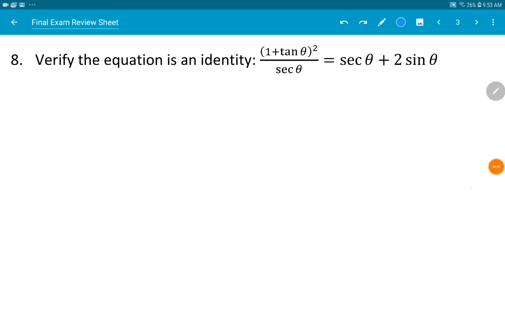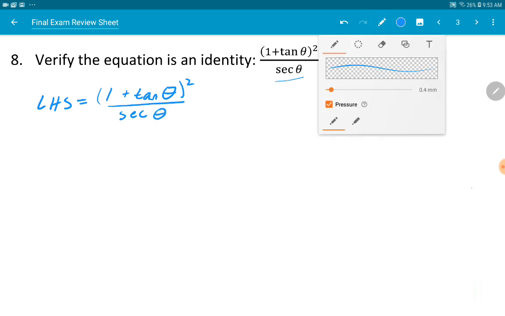To verify this identity, I'm looking at the left-hand side and the right-hand side. The left-hand side looks a little more complicated, so I'm going to try to manipulate the left-hand side and make it look like the right-hand side. So starting with the left-hand side,